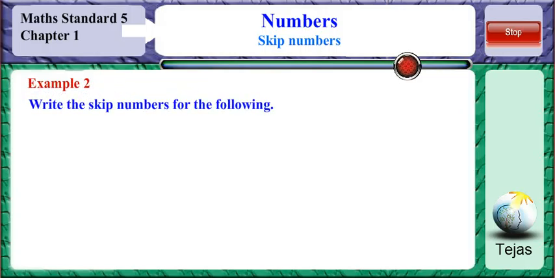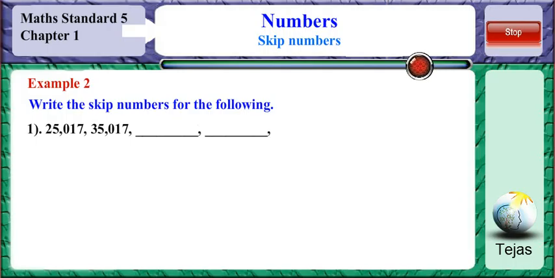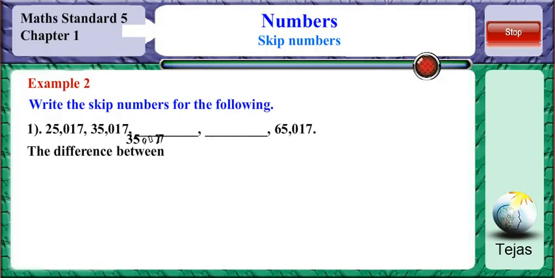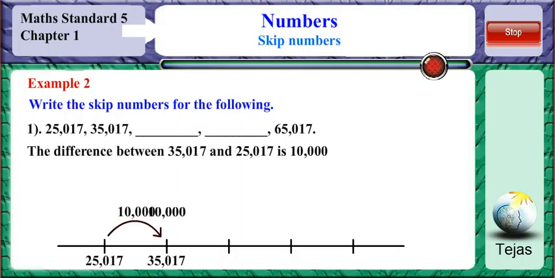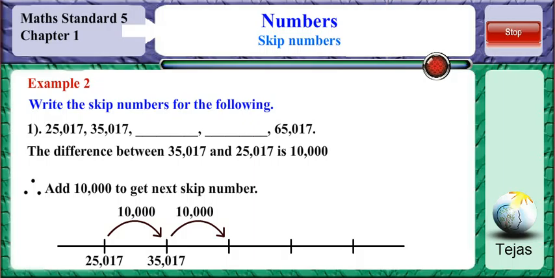Write the skip numbers for the following: 25,017 and 35,017. What are the next two skip numbers if the last number is 65,017? The difference between 35,017 and 25,017 is 10,000. So add 10,000 to get the next skip number. 35,017 plus 10,000